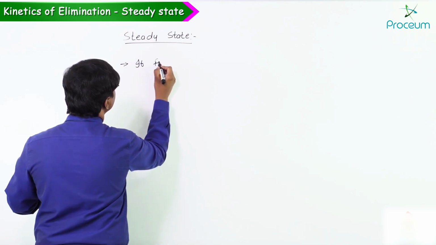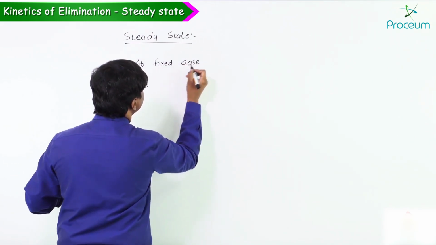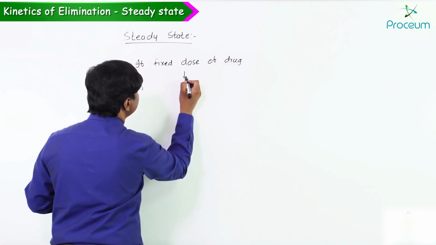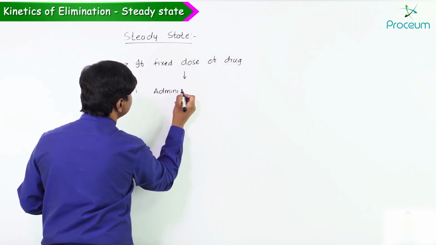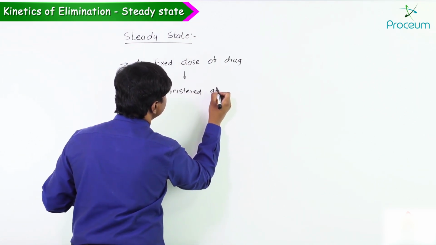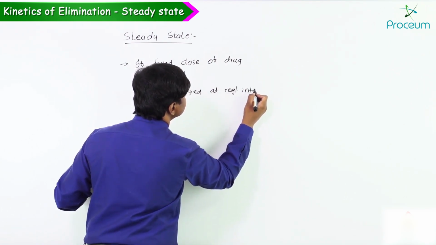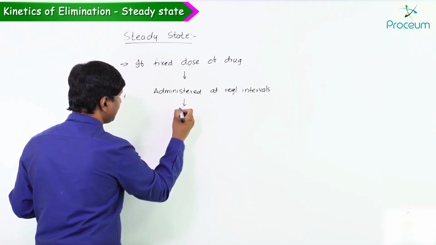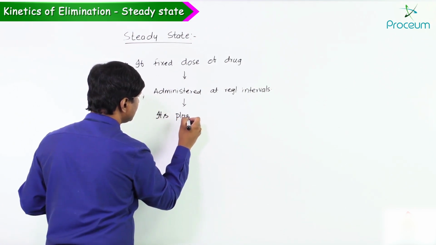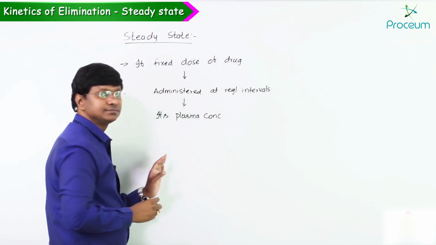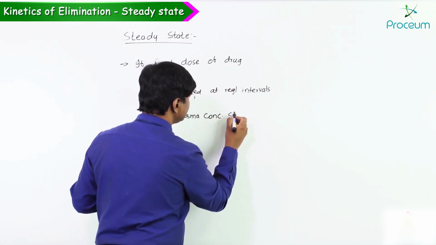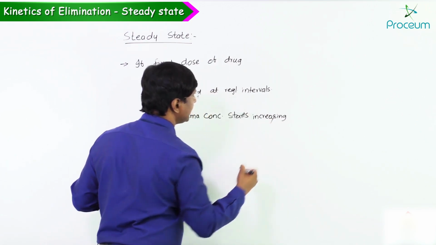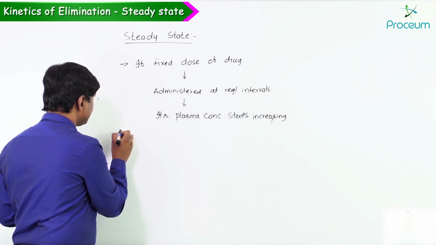Remember, if a fixed dose of the drug is administered at regular intervals, what will happen is its plasma concentration starts increasing. However,